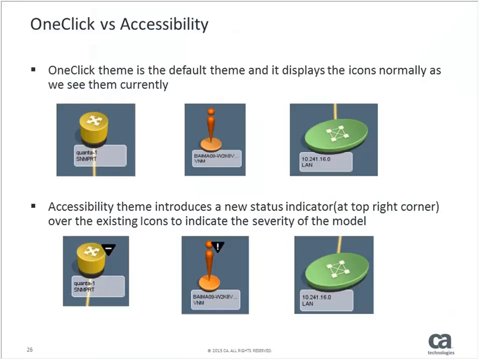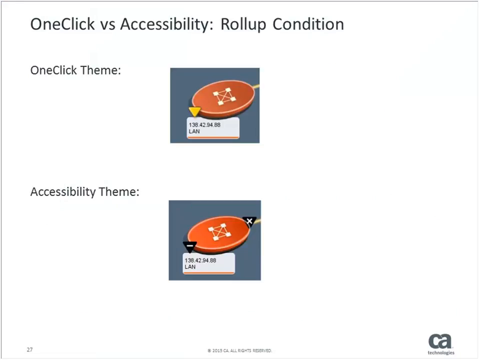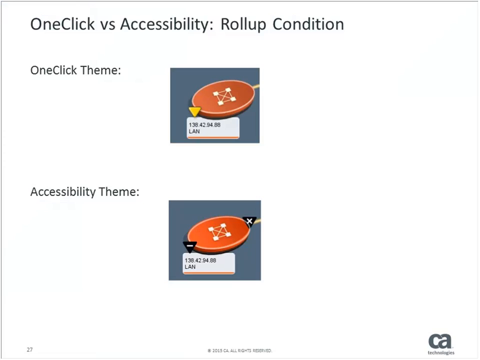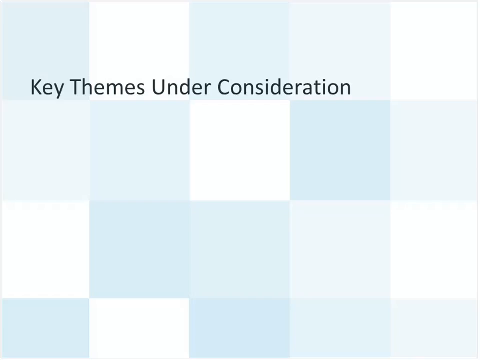For example, as you see here, what we have now with the accessibility theme is the status of that device being conveyed through an additional icon which tells you the state of that particular device. You don't just need to rely on colors. The same is applied at the container, at the roll-up condition as well, and a few other places. While it might seem simplistic, there was a lot of actual manual effort to make some of these changes in the back end. And we're pretty proud of the changes that we have made in that accessibility area as well.